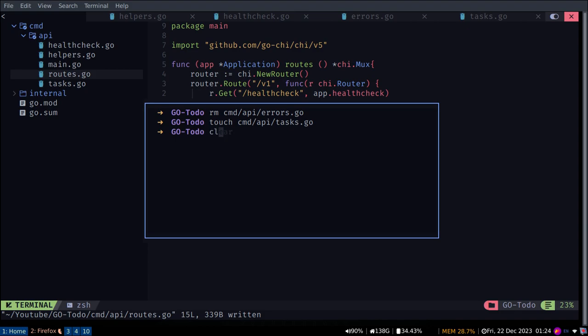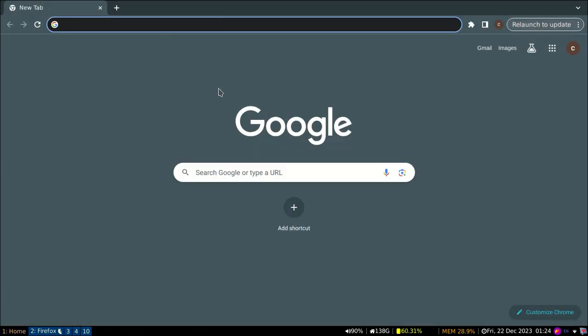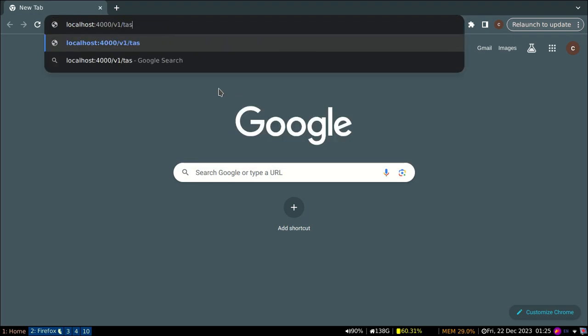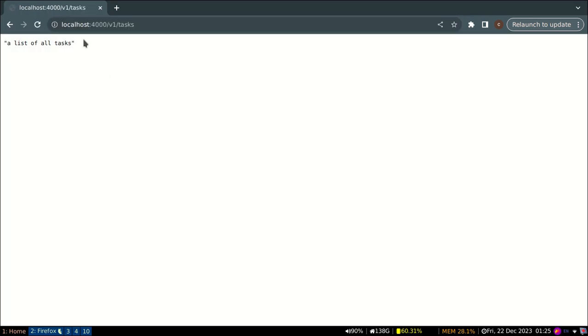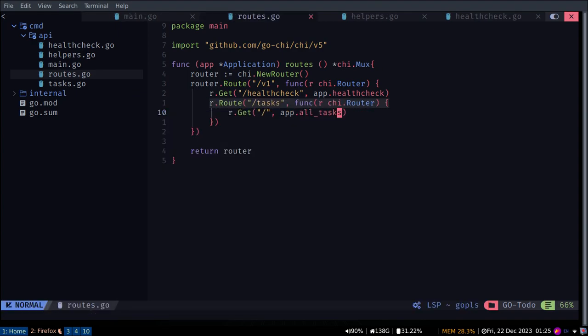So let's clear and go run. So that's working well. Then do tasks. So we can see we are reaching a list of all tasks. Because it's a string, JSON will just return it as just a string. Will not wrap it around, but we're going to wrap it around later. We're going to wrap all our endpoints. So let's implement the other one,